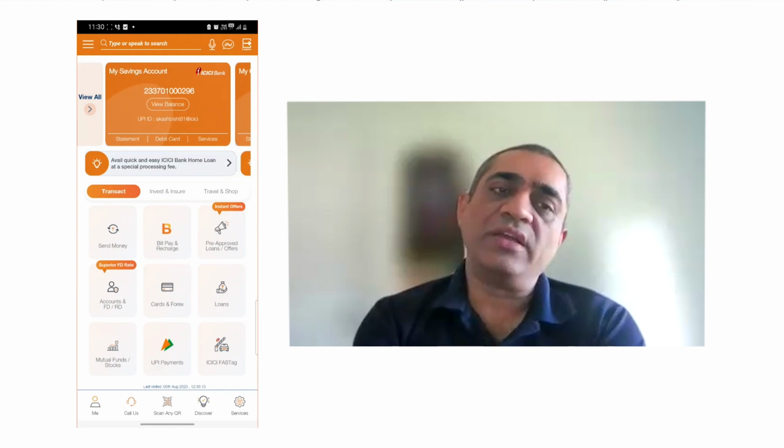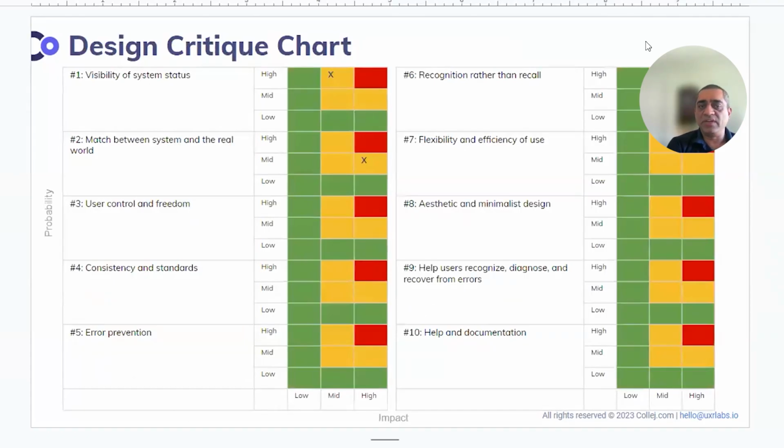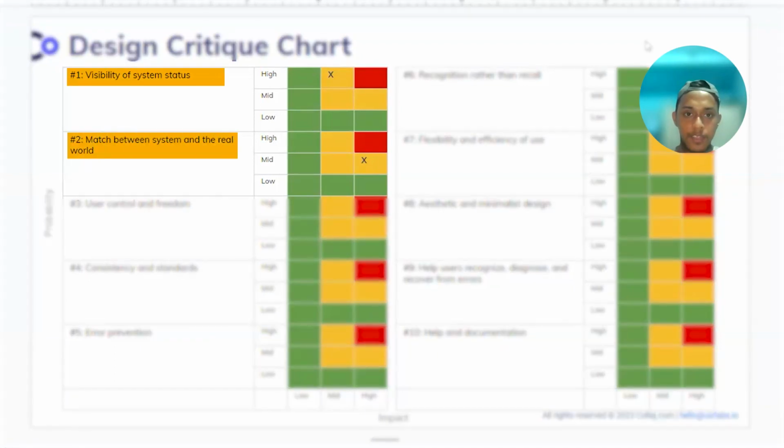So can you go into the prioritization, slide 6, and explain to us how you did it? Yeah. So we discussed some specific scenarios, whether we should consider new users or existing users, and how we should think about some critical problems that are faced by users. And then after that we said that okay, we have these two heuristics which are relatively strong, that refer to this problem. So we discussed what is the impact and the probability. So for the match between system and the real world,